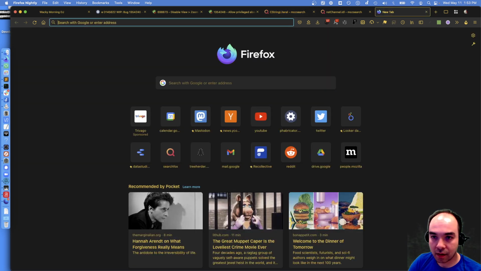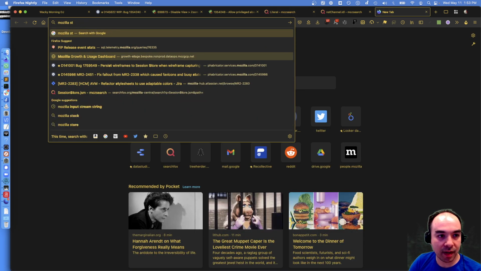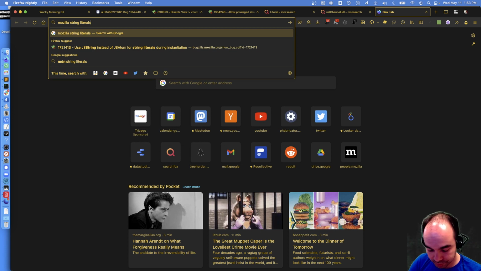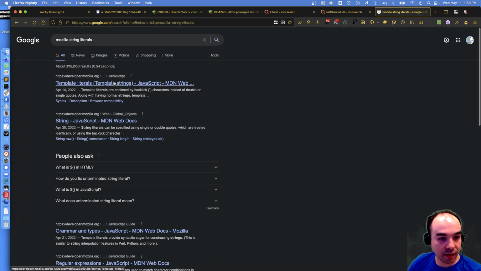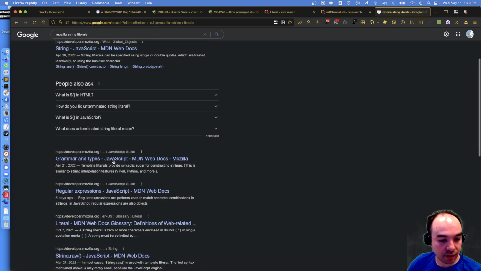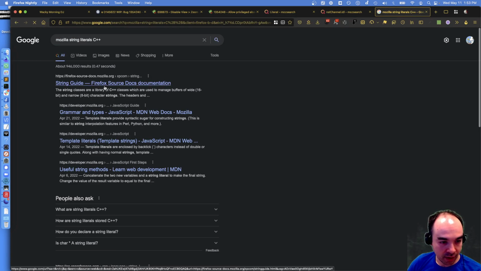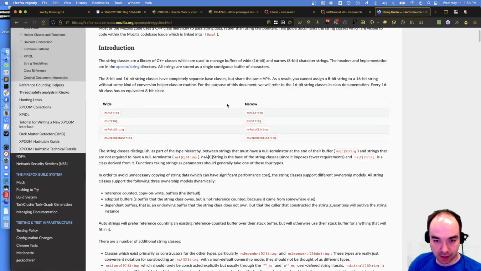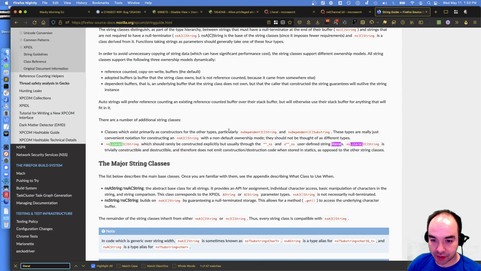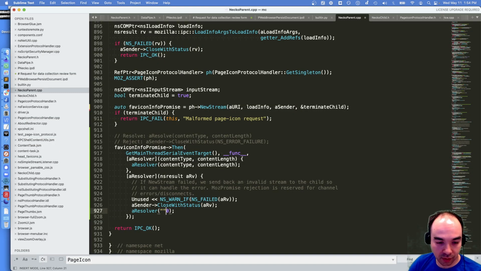Like Mozilla string literals? I need to remember how to do this. Template literals, C++ literal, and it's literal C string, which usually goes through NS and UNS, user defined string literals. Okay, so that's what I want.